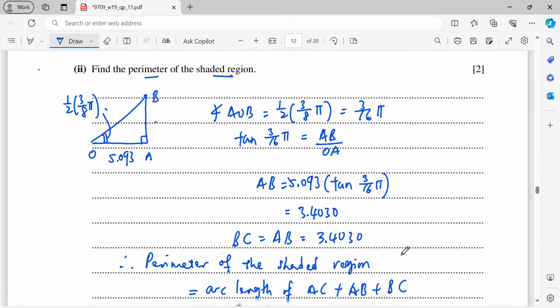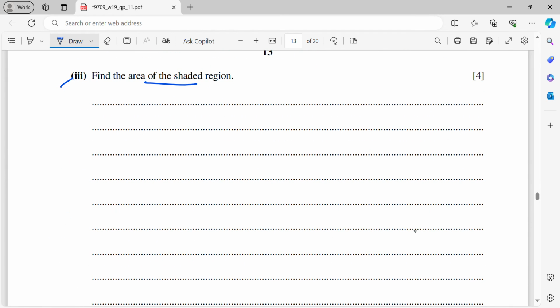Since I have this triangle OAB, just now I know that this is 3 over 16 pi, OA is 5.093, OB already found,